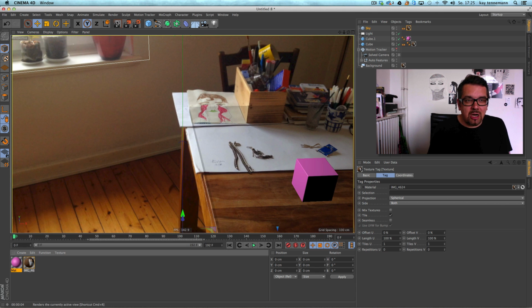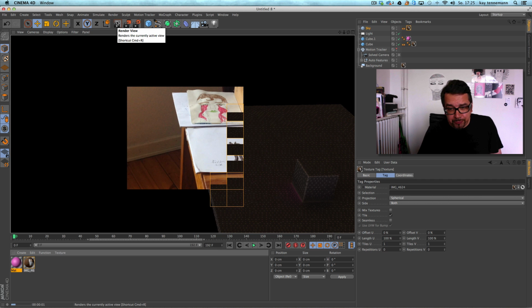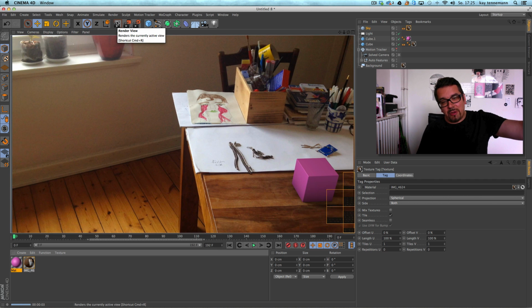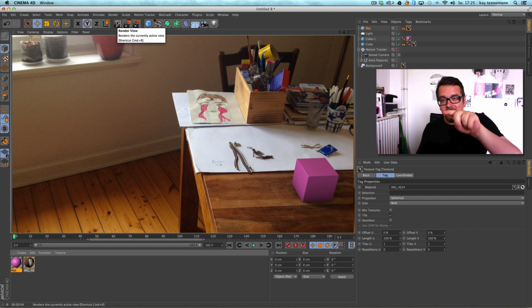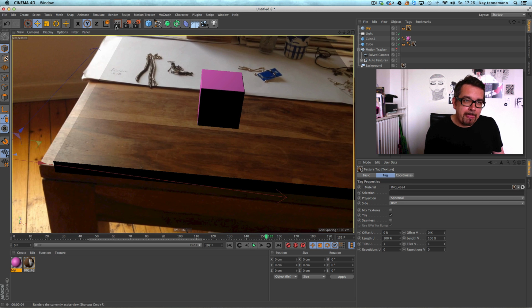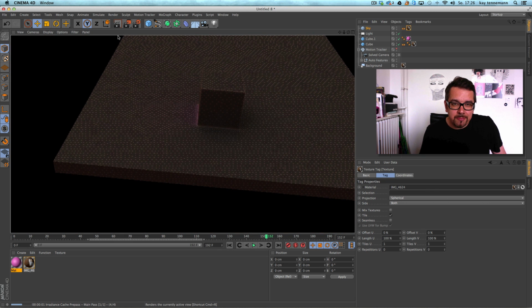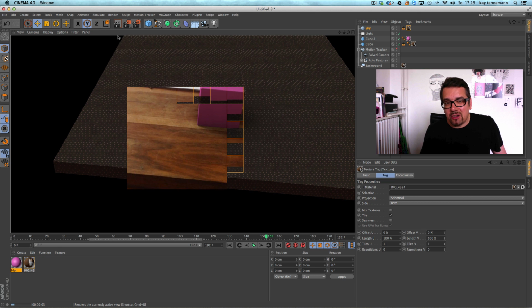So set to GI, and now the light coming from the window, aka my area light, is reflected on the first cube I made. This cube is now mapped with the wood from the real desk and bouncing the light back to my cube, and so we have a 3D object